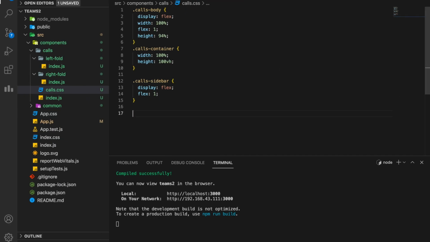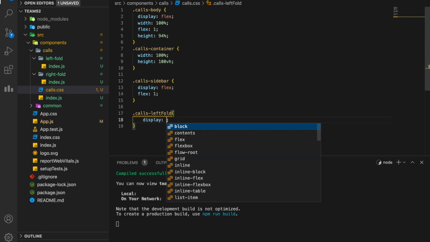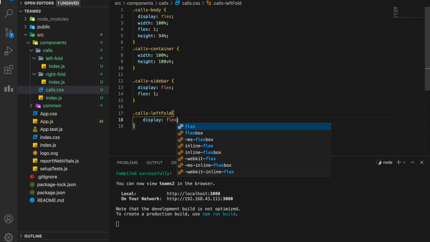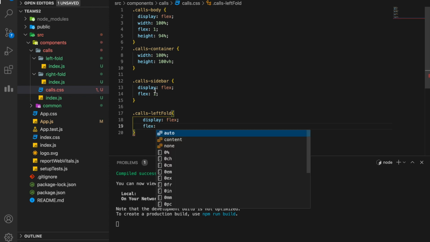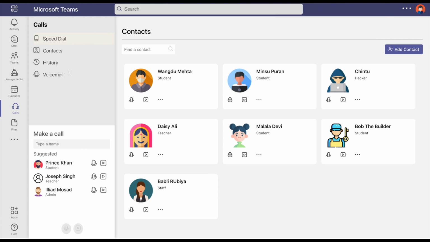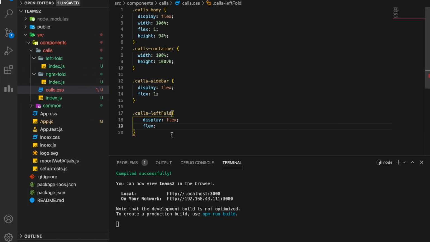Now to make it relatively smaller, we will say left fold, we will give display flex and we will give it a flex of, so it is 1. If you see it in ratio to this sidebar, this particular left fold is approximately 3 times bigger, so we will say flex 3, right?